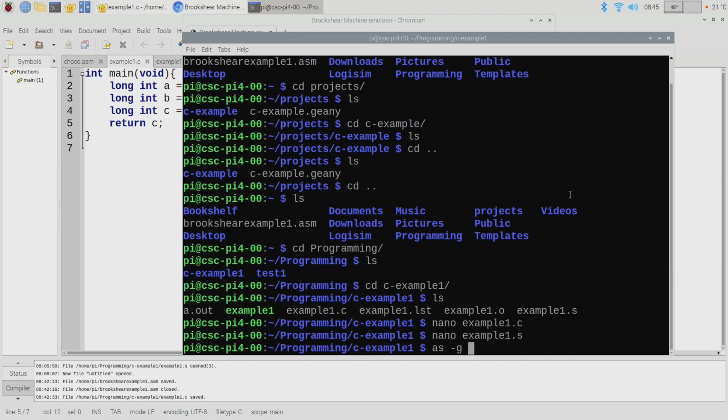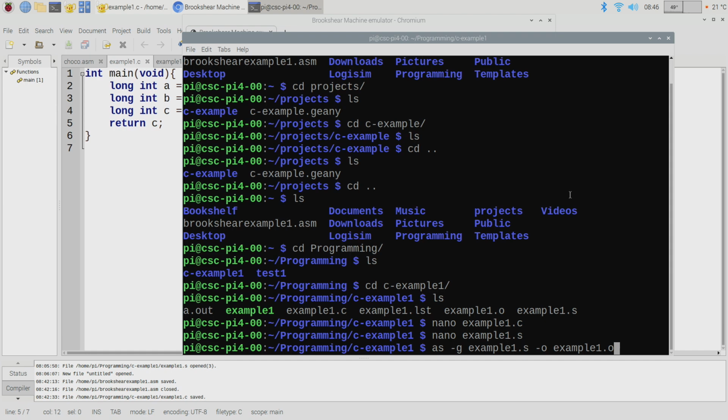Then the assembly file I want to deal with is example1.s, and I'm going to output the assembled object file to example1.o, for object. The object file is basically a binary thing. It's not quite executable yet. There'll be one more step.